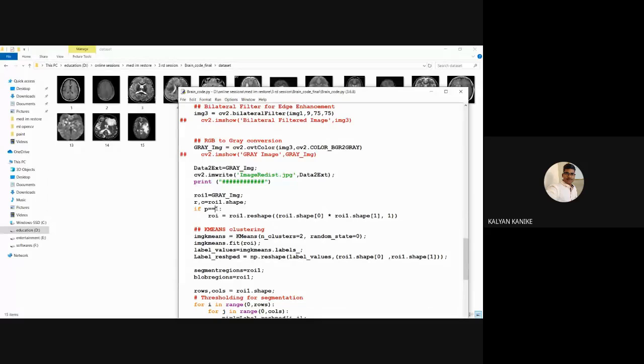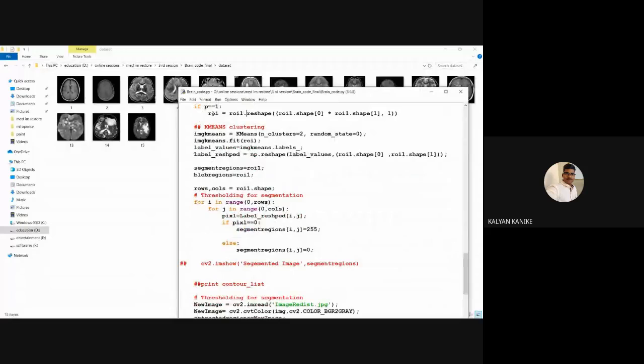For 1 pixel, how many values are we taking? That's it. We already know it's a grayscale image, and a grayscale image stores the pixel information as 1 channel only. So if p is equal to 1, meaning it is a grayscale image, only in that case are we reshaping. If p is not 1, it will go through here.